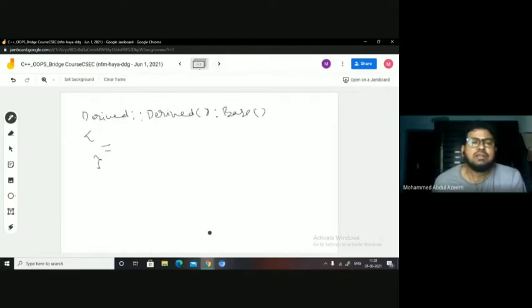In a very similar fashion, Derived double colon, that is the scope operator, and then Derived, right? I can have the code for deallocating the memory of the members associated with the particular derived class object, right?